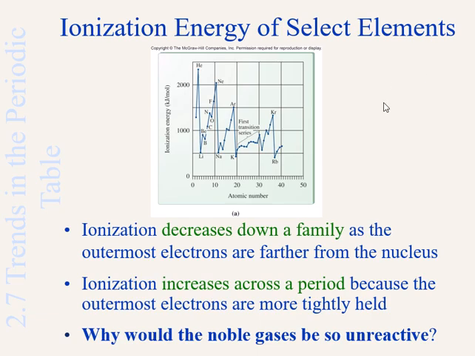Well, as we go down, we are stepping into larger and larger principal levels, farther away from the center. The farther away we go from the center, the less the electron that's on the very edge, the outside perimeter of that atom, feels an attraction for the center, because the protons are that far away. As a result, it's very easy to pull that electron away. That's why the trend is that going from top to bottom, the ionization energy,